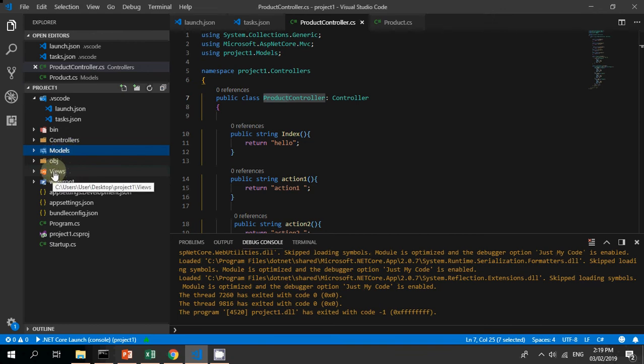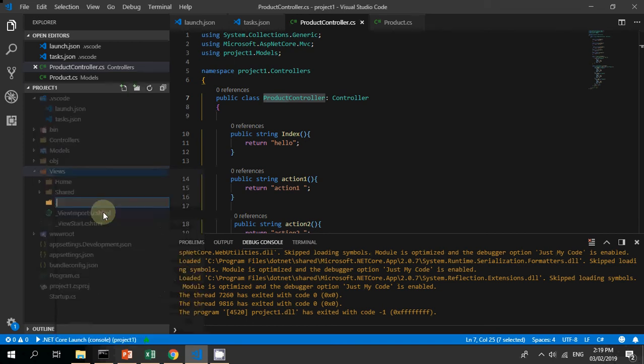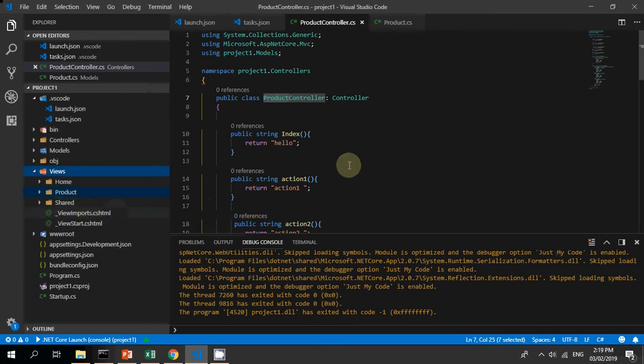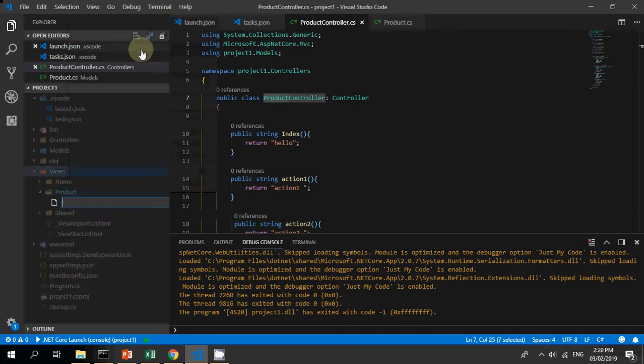We look at the views folder, and over here we right click and select new folder. We name the new folder as the name of your controller, so we put products as the name. Now we also need to create the business view to serve this need, so we right click over the products folder and say new file. And now the name of the file will be Index. Now for most web pages, it could be HTML like this, but in ASP.NET we use the file extension